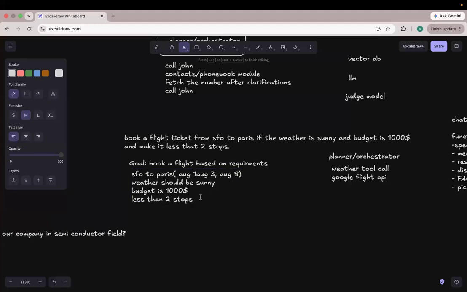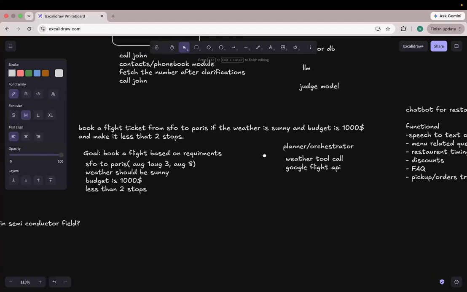Then if the budget is less than 1,000, I will look whether it has less than two stops, so that I will eliminate based on my requirements. And this particular orchestrator again will give back a response to the user. Does it make sense? So here I have utilized just plain simple tool calls for the weather and Google Flight